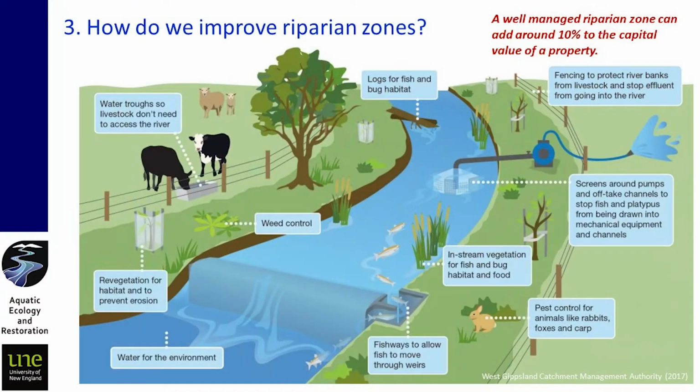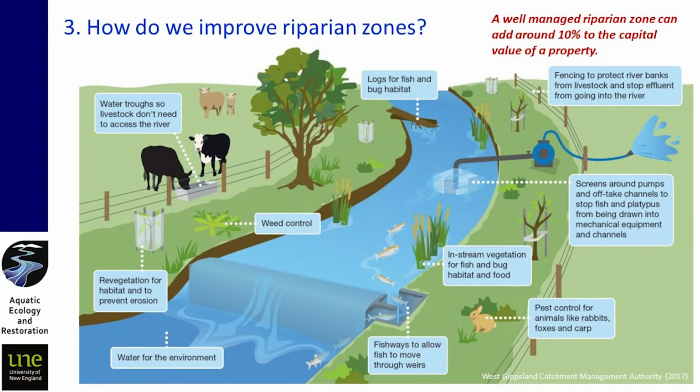Rivers are excellent vectors of weed, so those seed pods just keep going down. Some weeds populate vegetatively, so little pieces of them break off and then they can re-establish downstream. And so there needs to be quite regular weed control in riparian zones, especially if upstream neighbours haven't done weed control or have weeds in their properties, then there'll always be a source of weeds coming in. In some cases, as we said, if there's been a loss of native vegetation, native trees, then revegetation might be needed. So going in and planting and protecting those plants.